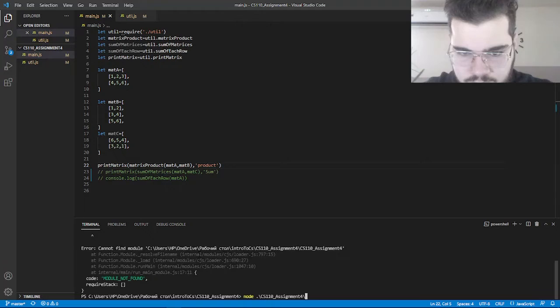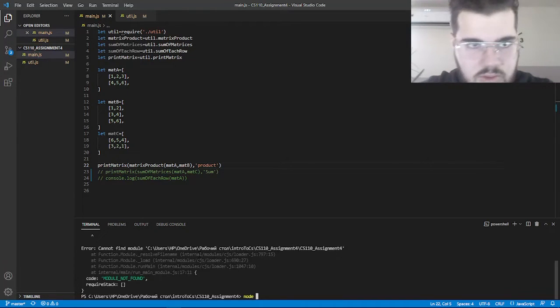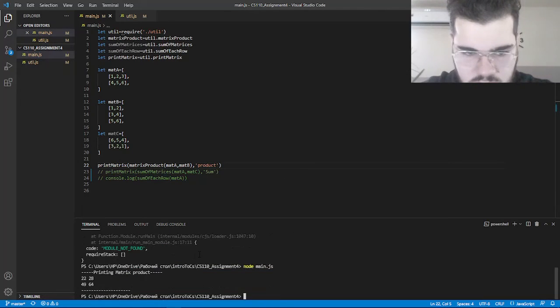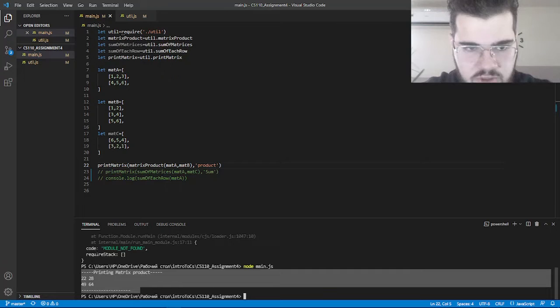I'm sorry. Node main.js, and here is the matrix, and all this has been done by the print matrix function,